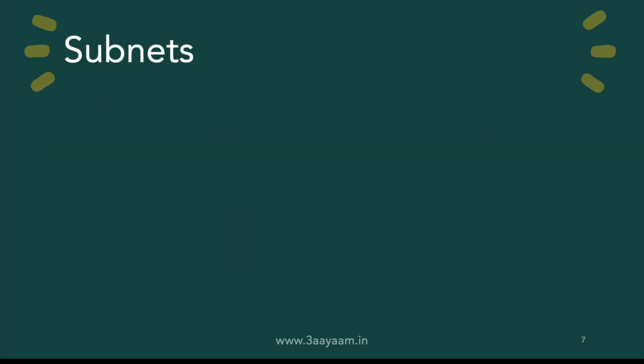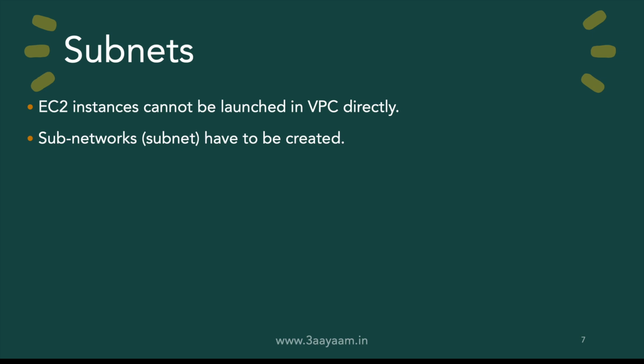Then the concept of subnets. As I said, EC2 instances cannot be launched inside of VPCs directly. So you have to create subnetworks inside of that VPC. So a subnet is nothing but a smaller network address than the VPC. So if the VPC address is, let's say, 10.1.0.0/16, this is the CIDR notation of the VPC, and this is the network address of the VPC,